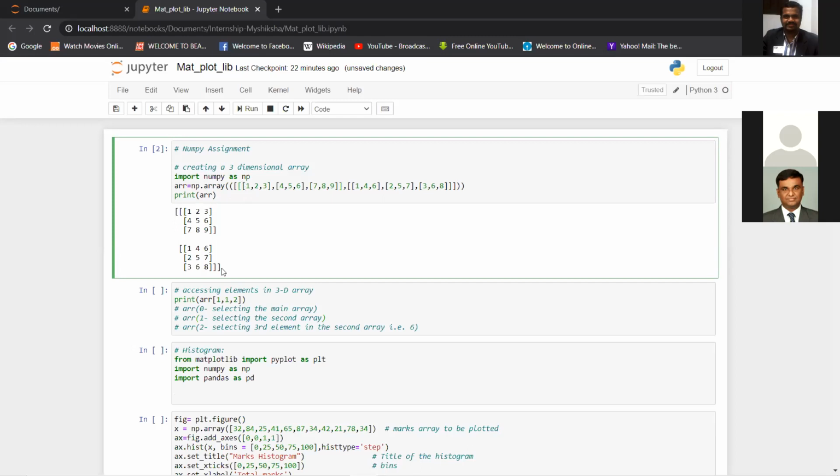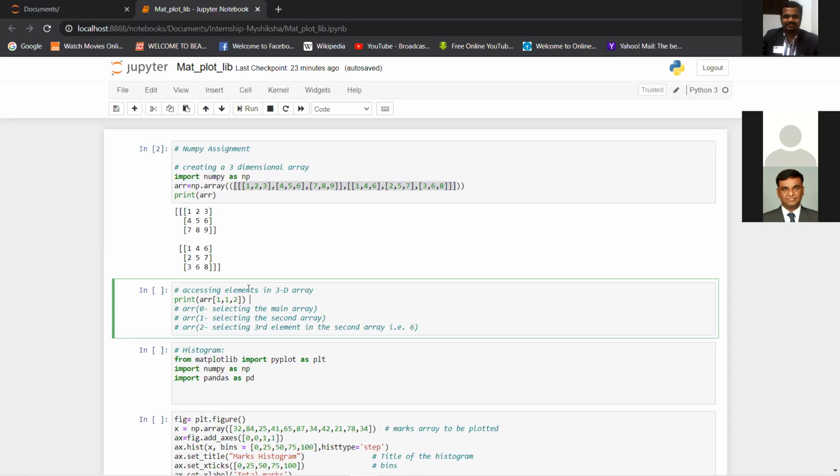Okay, so now this three-dimensional array as a whole has these two-dimensional arrays which are 3 by 3, 3 rows, 3 columns. How are they defined? Each of these arrays is like this. This is one array, a 3 by 3 array, and this one is one array. Now this three-dimensional array as a whole is a combination of these two arrays, right? So how do we access elements from these?